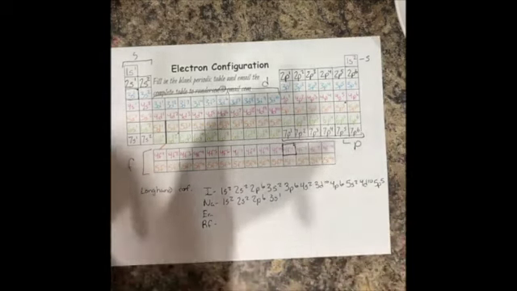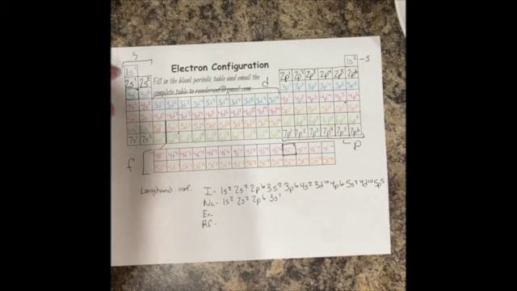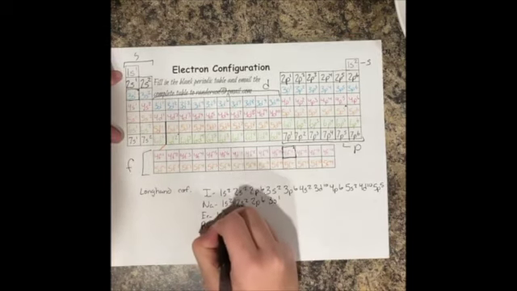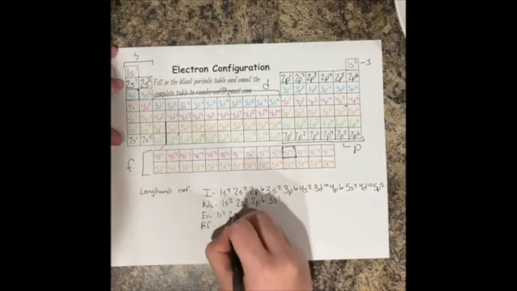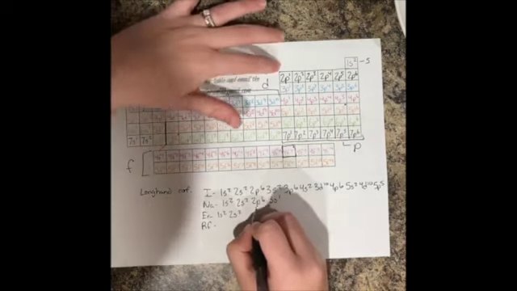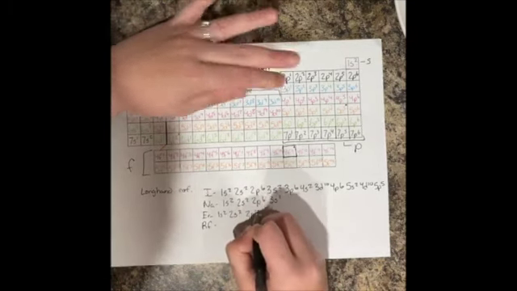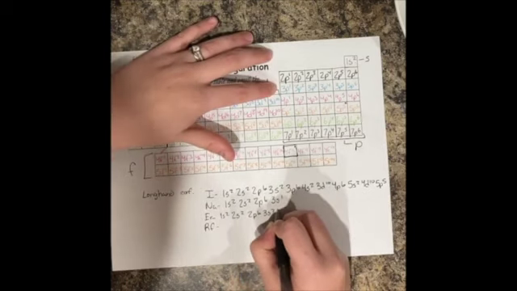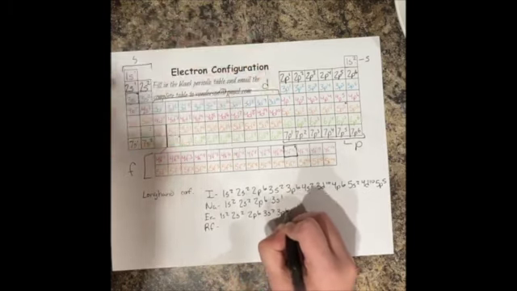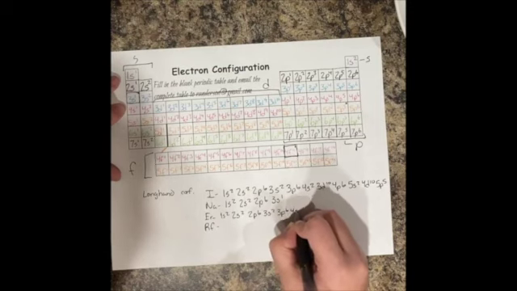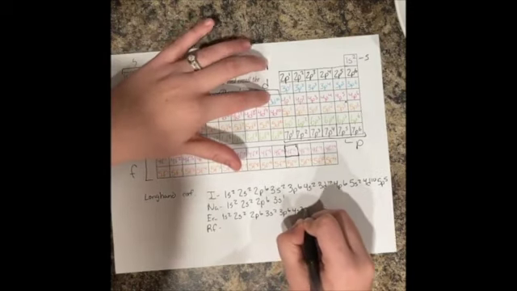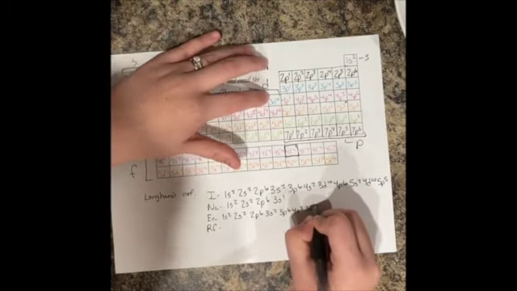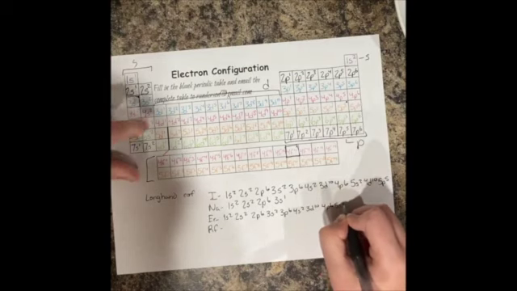So this one's going to be a lot longer because it's way down there on the periodic table. So you'll do 1s2, 2s2, 2p6, 3s2, 3p6, 4s2, 3d10, 4p6, 5s2,